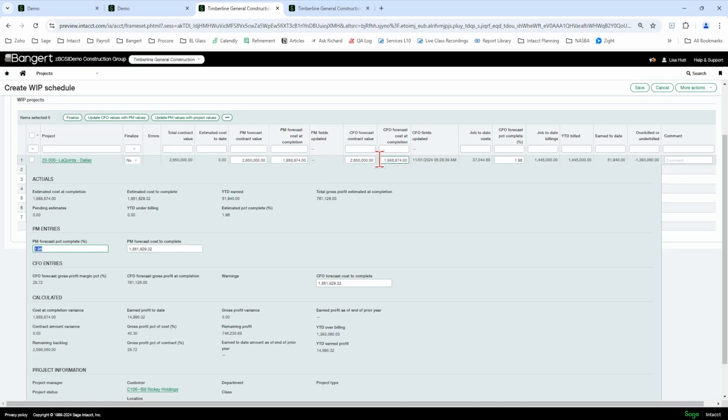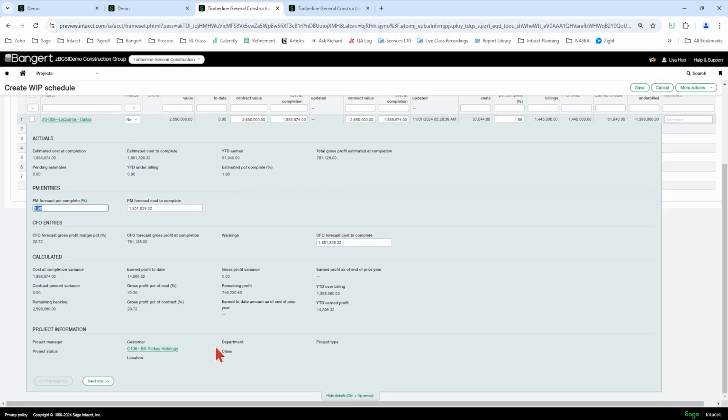Also, the CFO fields, the CFO forecast contract value, cost to completion, and forecast cost to complete. The date and timestamp is going to change when any one of those three fields are changed. Some new fields that they have added are project status, project manager, customer, the location, the department, the class, and the project type.